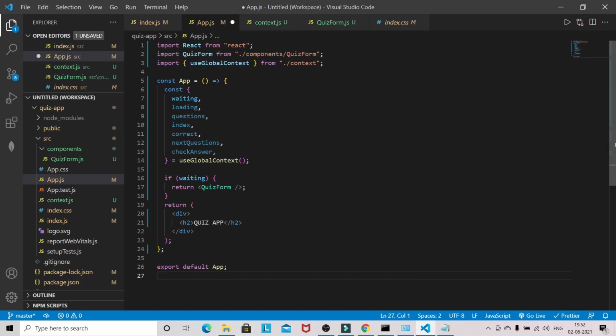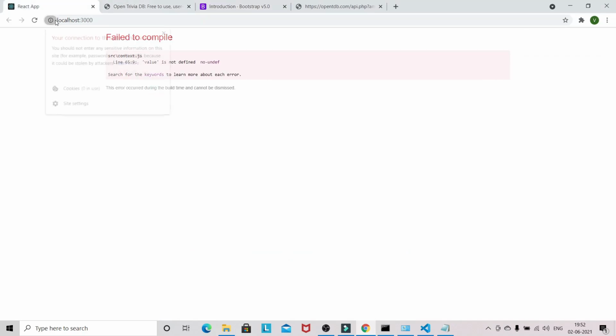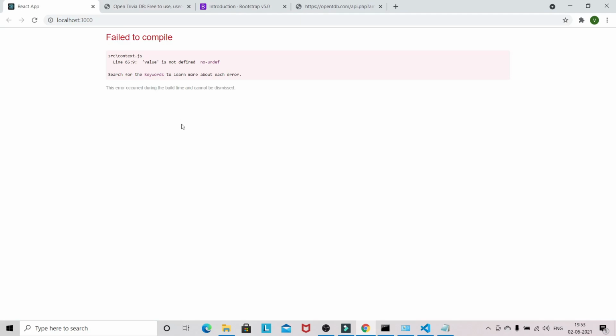Okay, so let's see whether we are able to see something or not. Okay, so I'll just leave it as it is. Let's see. So failed to compile. Okay, so form is loading but failed to compile. Okay, no problem.